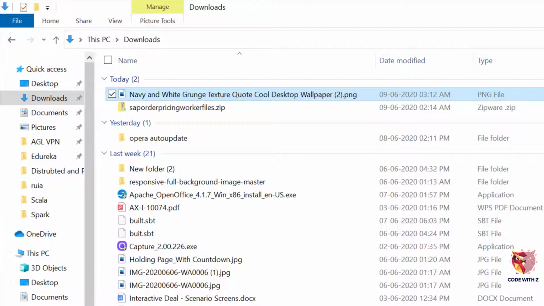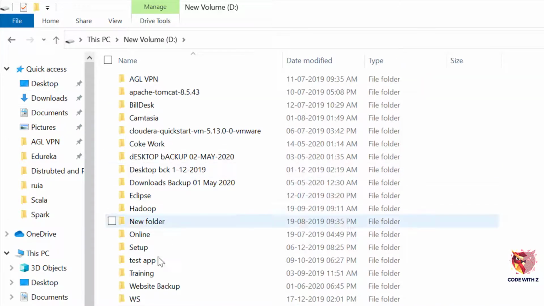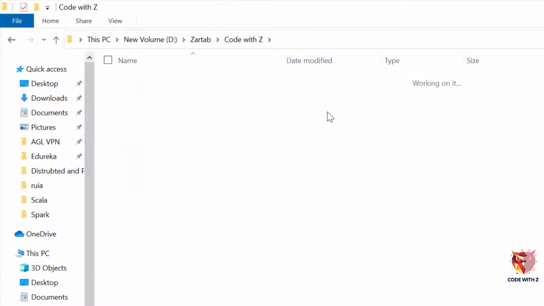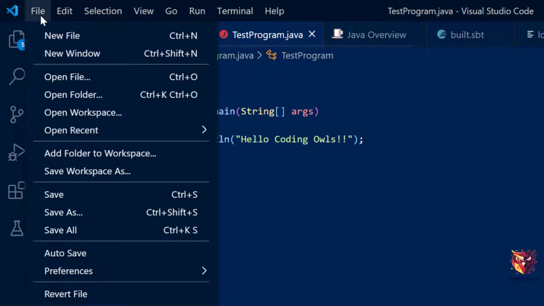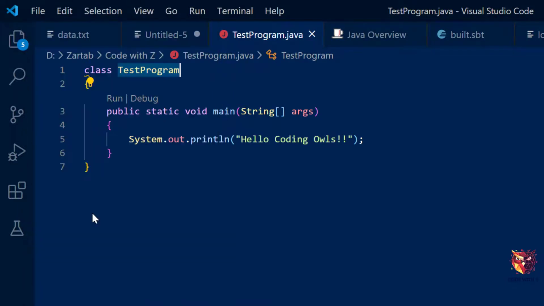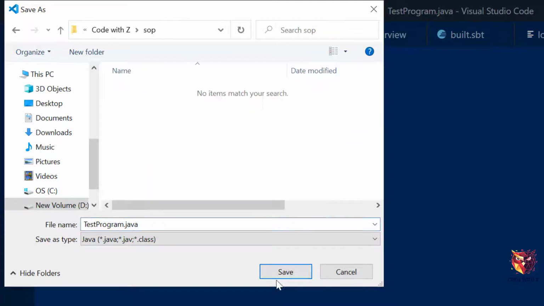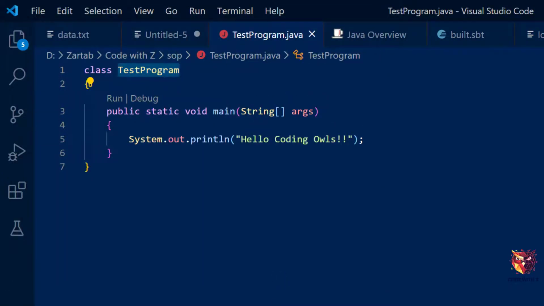You can go to the location where your file is and directly start running the program. Okay, so where have I stored the program? File, save as. Okay, let me store it here in my dedicated program folder.